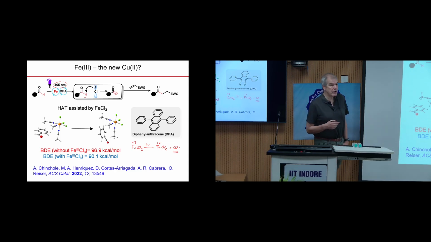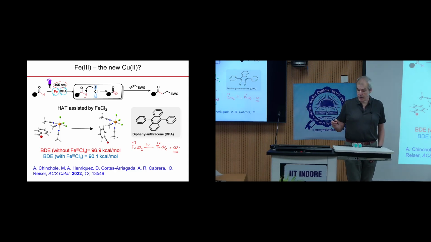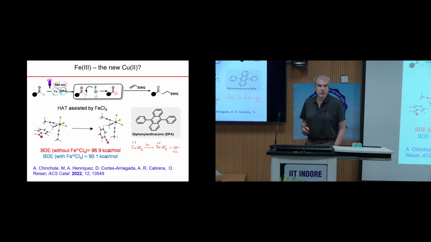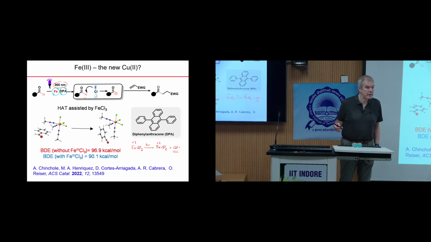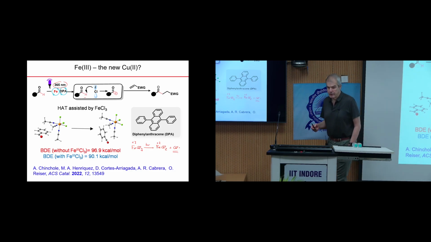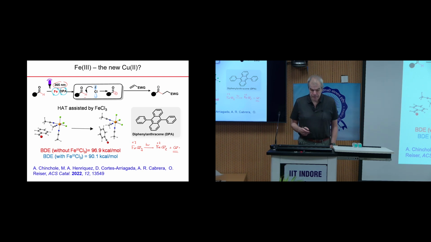And that also probably helped us to understand that when we used for the same chemistry copper 2 chloride, we talked about this yesterday, this was the initial observation by Kochi that you can generate the same chlorine radicals also from copper 2 chloride, but we saw that this works with much lower yields, so the iron process was more effective. And so we were doing this, and then again you see here we are generating iron 2,